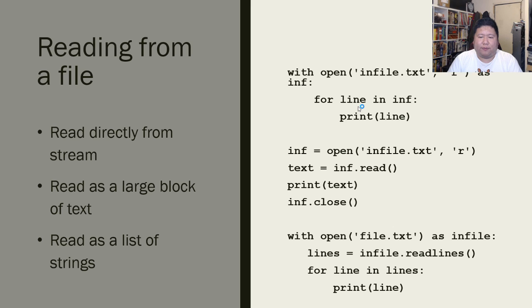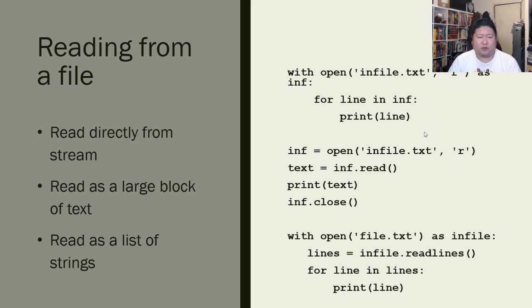Now, the difference between readlines and reading directly from the stream is that data streams have something called a cursor. It's how the program keeps track of where you are in the file. Let's say I had used this with open here, and I opened this file and did for line in INF and just printed it. Now, if I copied this text equals inf.read, pasted it in here, tabbed in properly, and tried reading again, I would actually get nothing back from this text line, because the cursor from this file reads everything until the end of it,